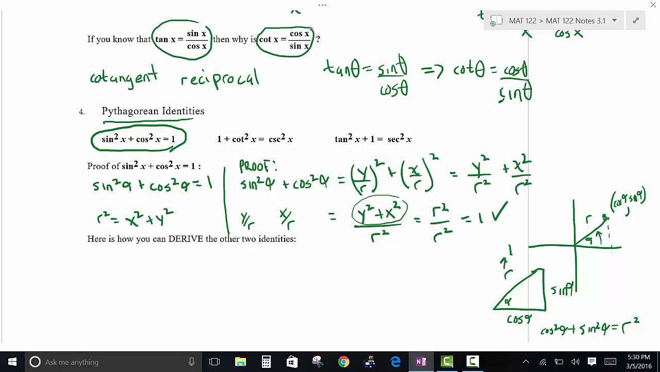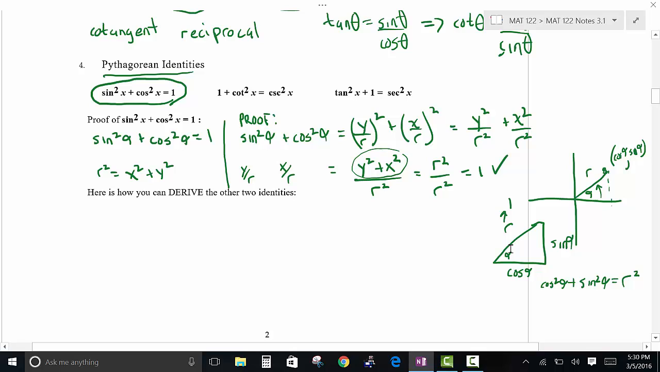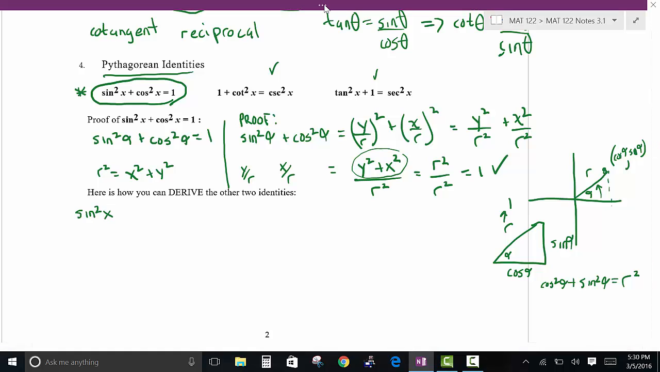Okay, so now the other thing that I find to be pretty important is it's pretty easy to remember this identity. The other two are a little bit harder to memorize, but it's actually very easy to derive them. So let me show you how to derive them. First of all, let's start by just writing down the sine squared,